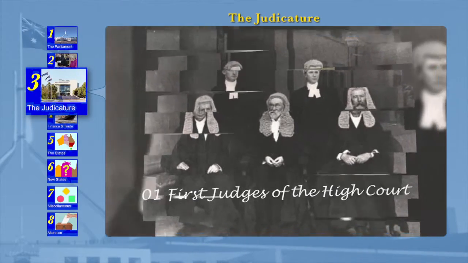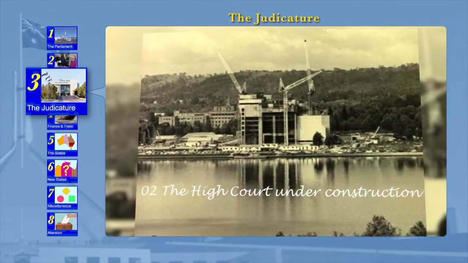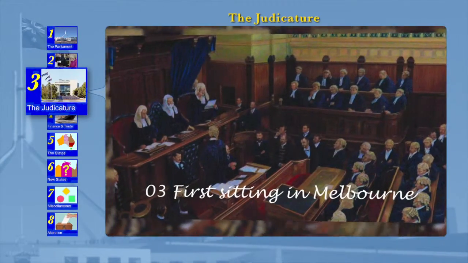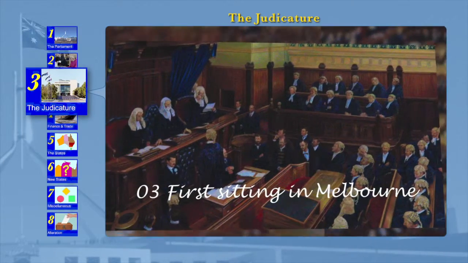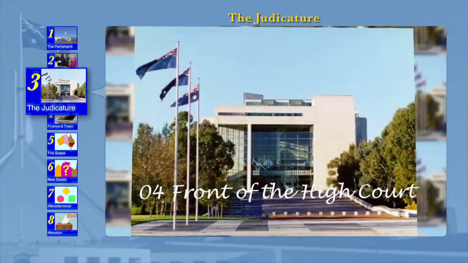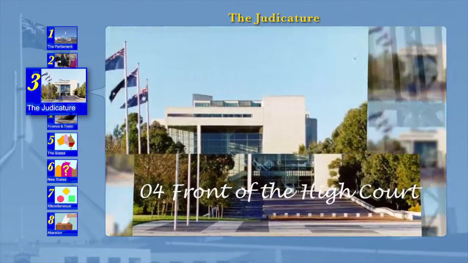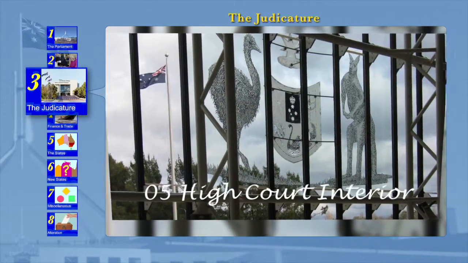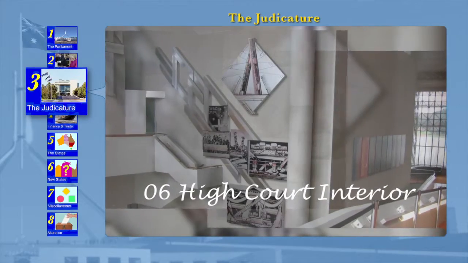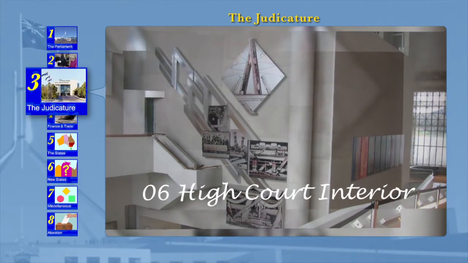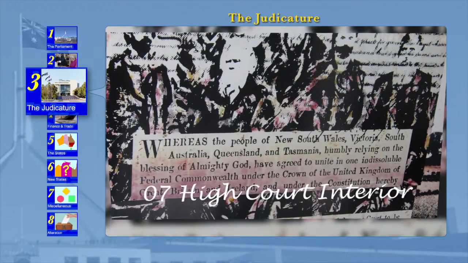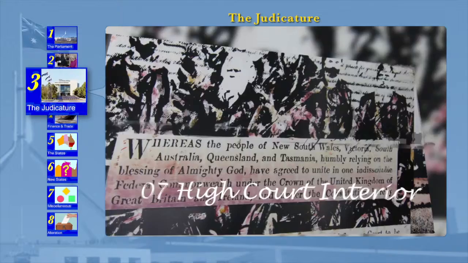The High Court building is one of Australia's national buildings and also one of Canberra's major tourist attractions. It's situated on 3.4 hectares of land in the Parliamentary Triangle on the shores of Lake Burley Griffin, between the National Science and Technology Centre and the National Gallery of Australia. The federal government approved the transfer of the High Court to Canberra in 1968. The Court's principal registry had been located in Sydney since 1973, and for 45 years prior to that it had been in Melbourne.